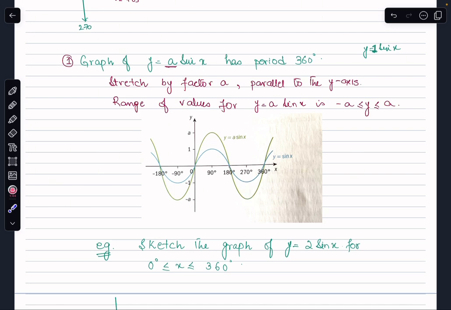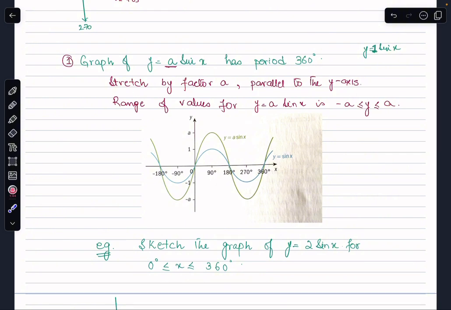So I can see that the original graph has been stretched parallel to the y-axis, from 1 to a, from negative 1 to negative a, and now I can say that the range of the graph is from negative a up to positive a. So this is the composite graph for y equals a sine x, which is the stretch by factor a